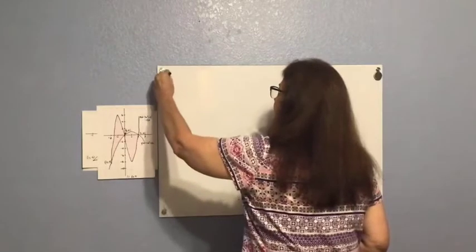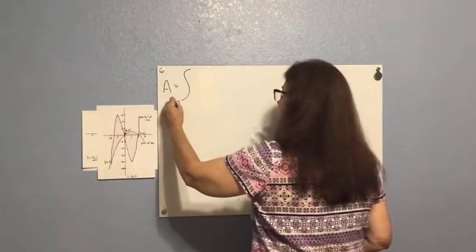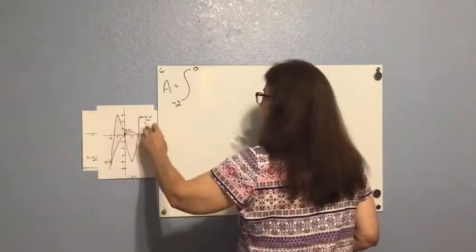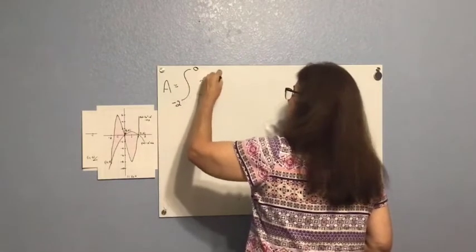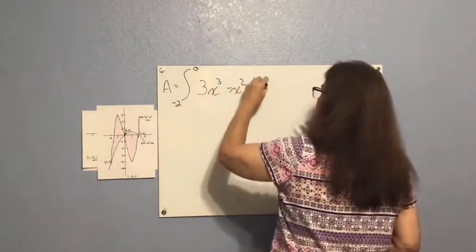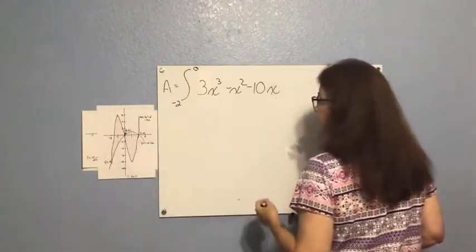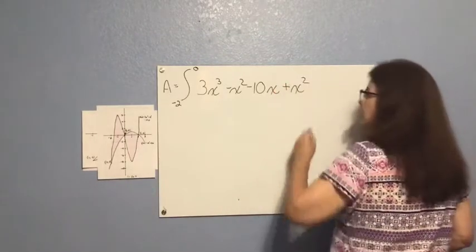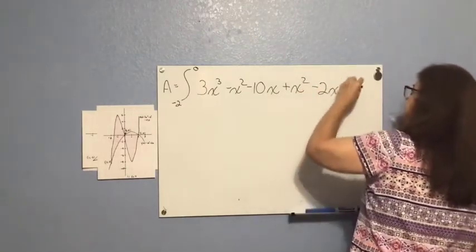So let's get started with the first region. We've got an integral and we're going from negative 2 to 0. And in this section, the cubic function is on top, so we'll start with it. 3x cubed minus x squared minus 10x. And then we're going to subtract this quadratic function. Well, the x squared was already negative, so we're going to make that plus x squared and then minus 2x